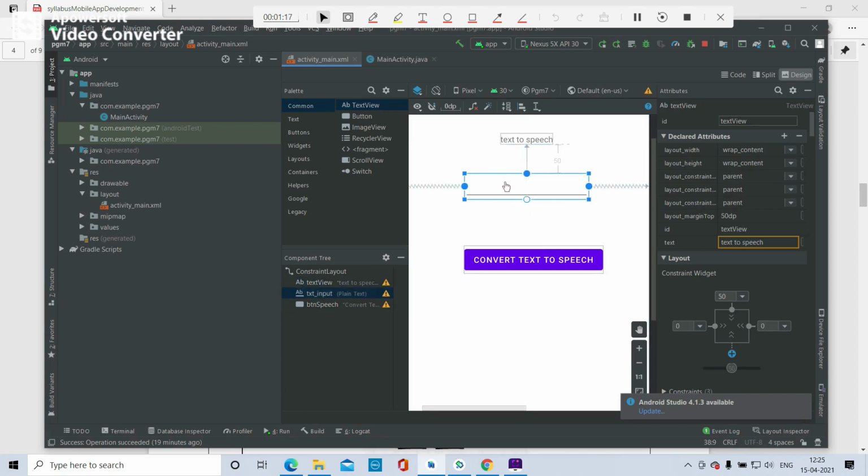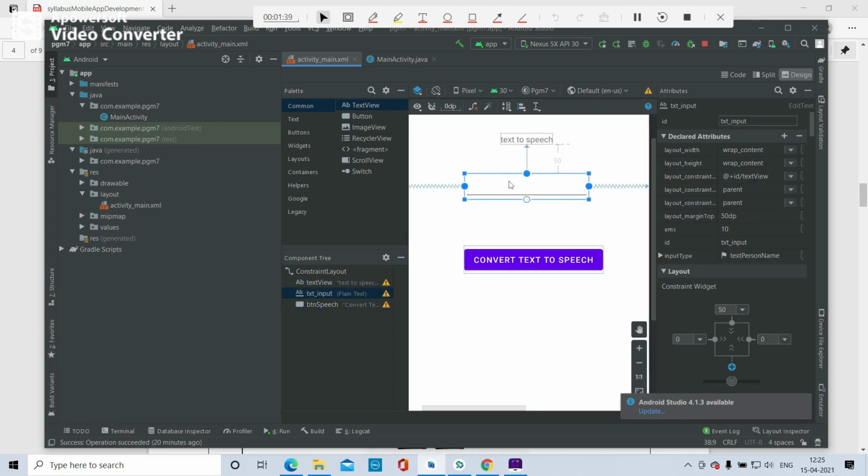This is an edit text input box, edit text with id txt input, and this is a button having the text convert text to speech and id btn speech.